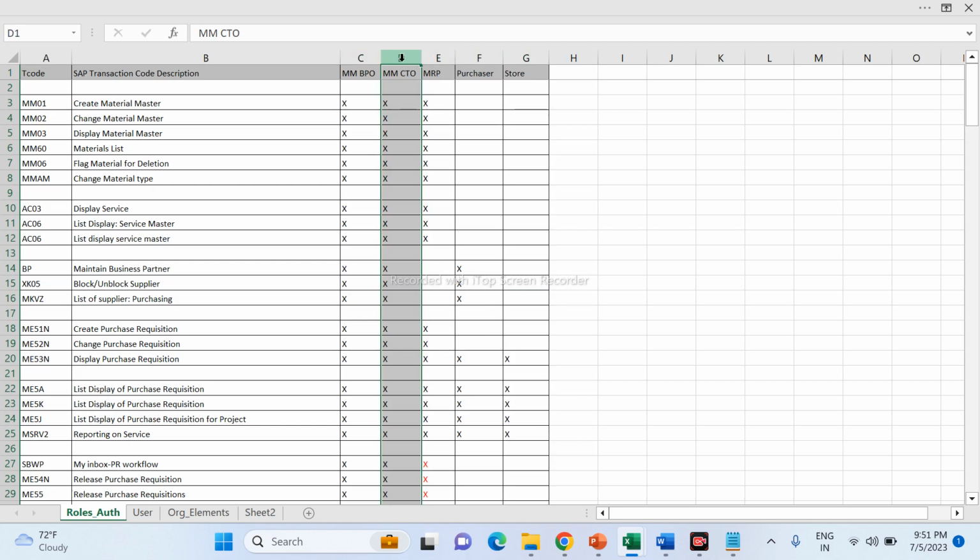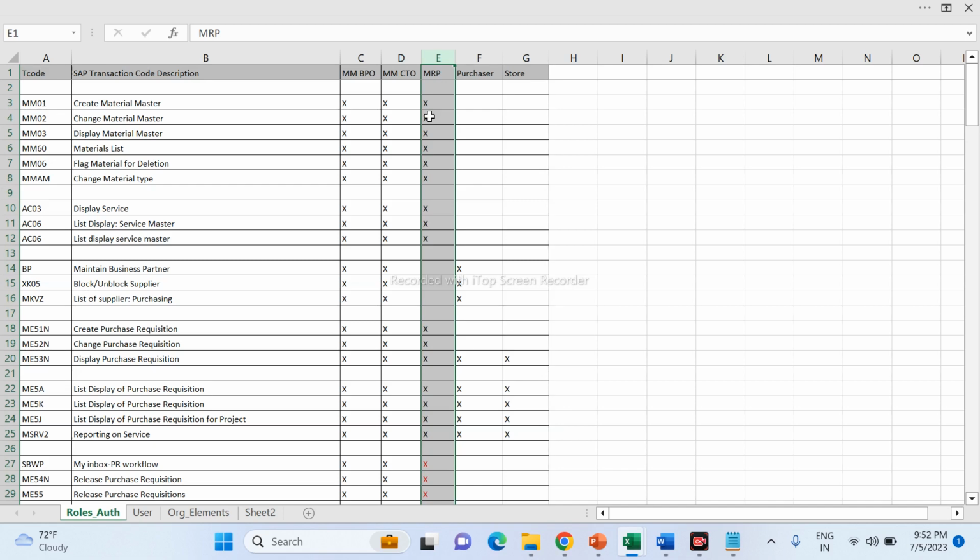CTO is one of the departments, and maybe the department has a single person or multiple persons, right? MRP, there is a material procurement department, which we call material requirement planning. Maybe there is a team of 5 to 10 members working in the MRP. They are responsible for any kind of material procurement for the project, right? In the project, a site engineer will request the material, the MRP team will take care, and they are going to initiate procuring those materials,